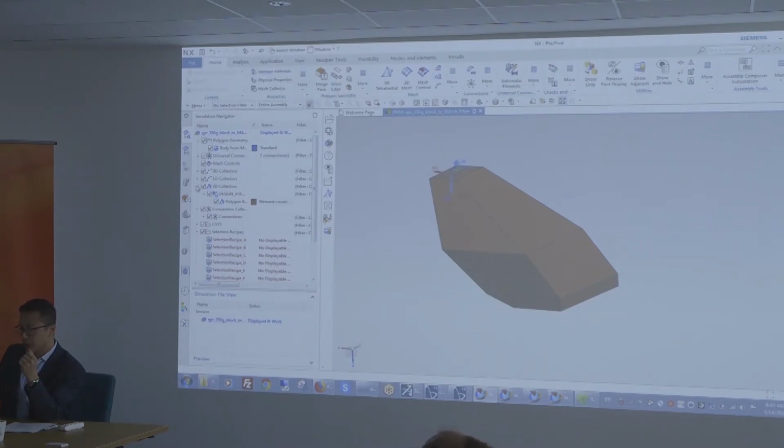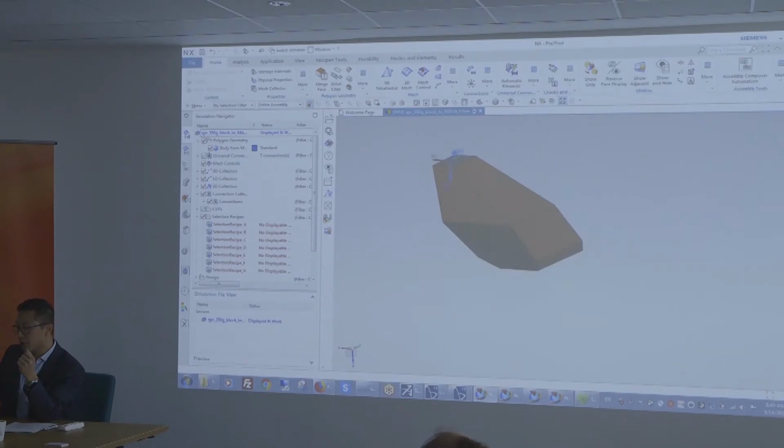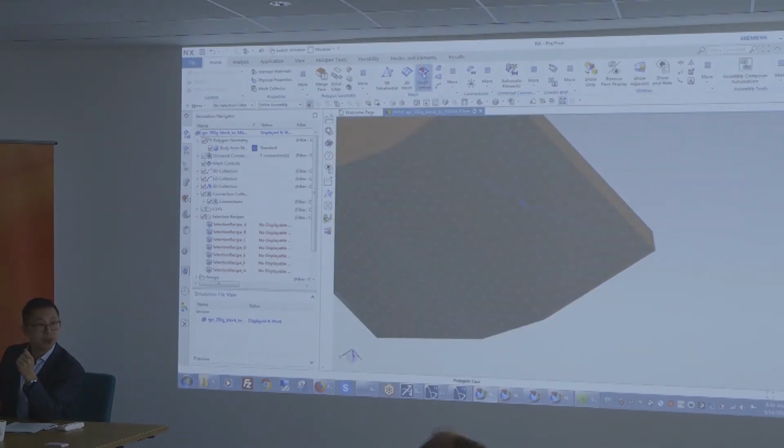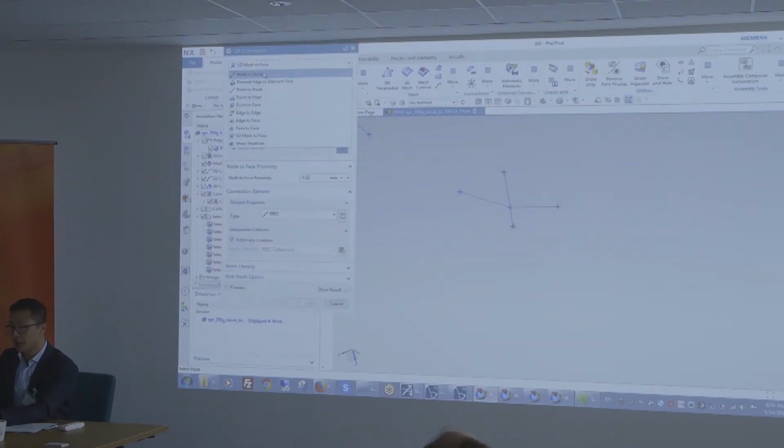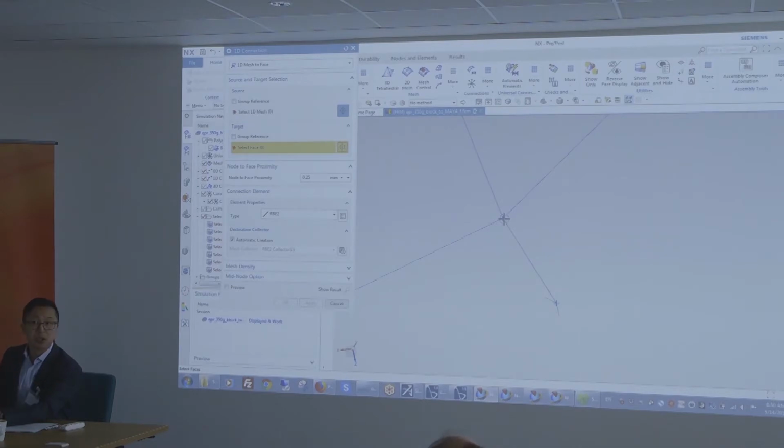Now, just for completeness, that bracket will be constrained at the bottom, so fixed. Imagine a bracket tied to a launcher or something of the sort. So that's rigidly connected at the bottom using our 1D connection tools. Again, that creates associative connections between points. In this case, I'm creating an associative connection between my functional points where my bolts are, to a point in space, which I'll be fixing.